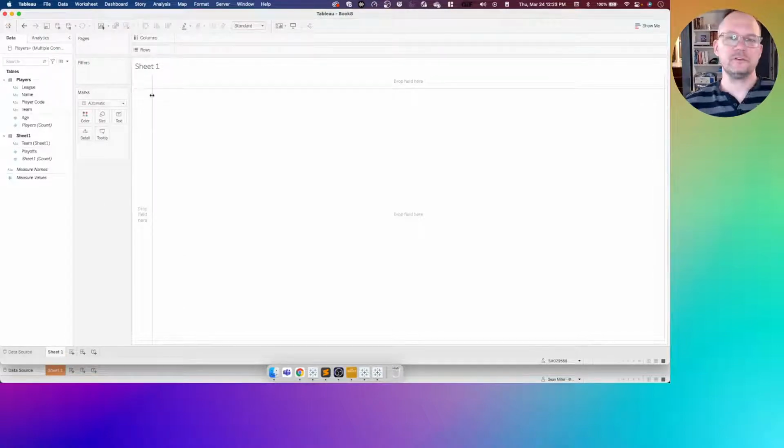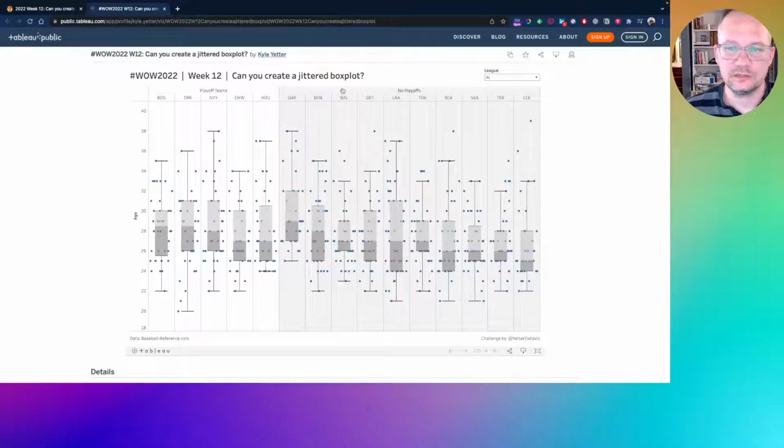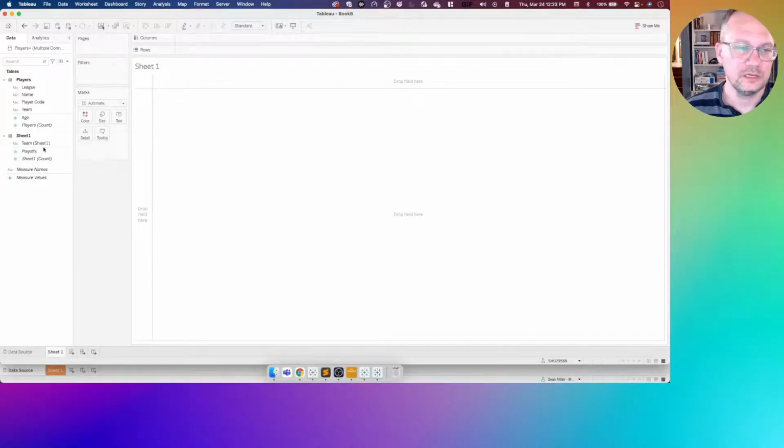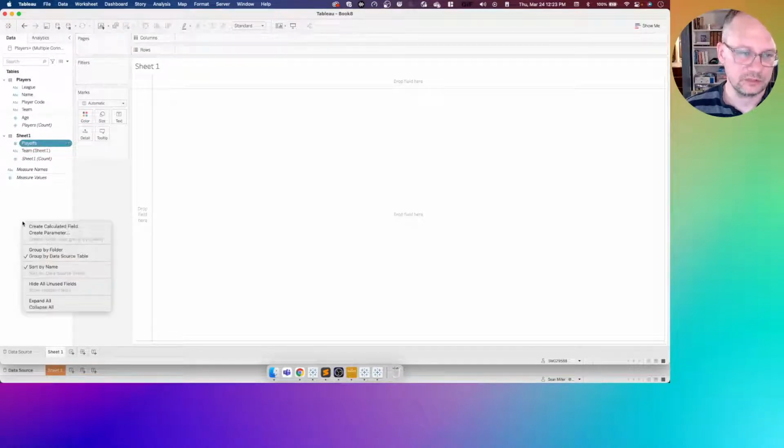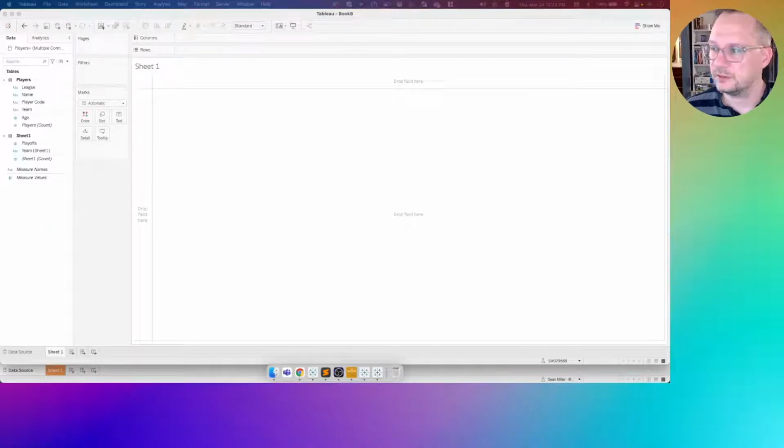All right, so the first thing we need to do, if we just go back and look at the way he's got this, he's got playoff teams, no playoff team, or no playoffs. He's got that based off of this indicator right here. So I'm going to move this up to dimensions just because I like to make sure my IDs are exactly what they should be. So now we'll go ahead and call this